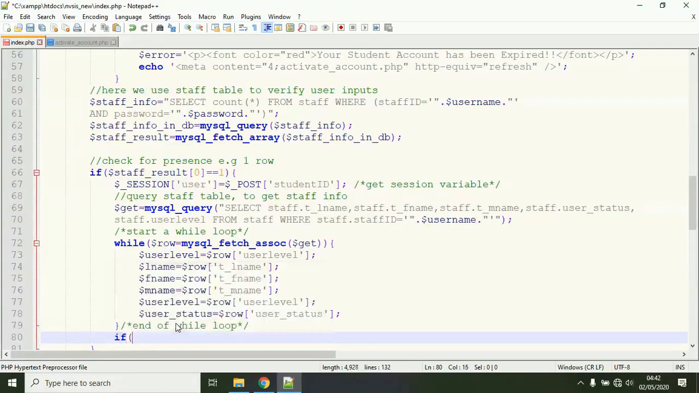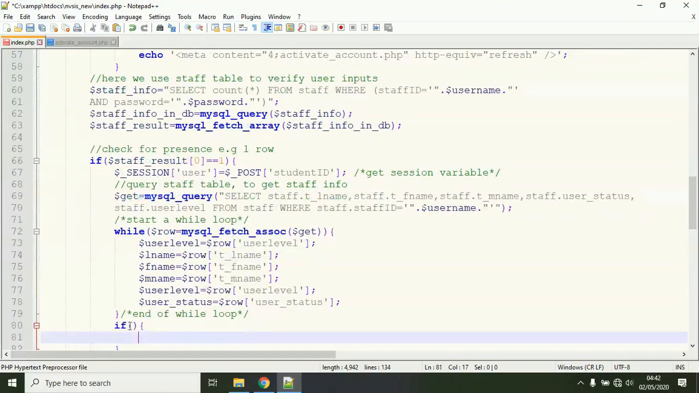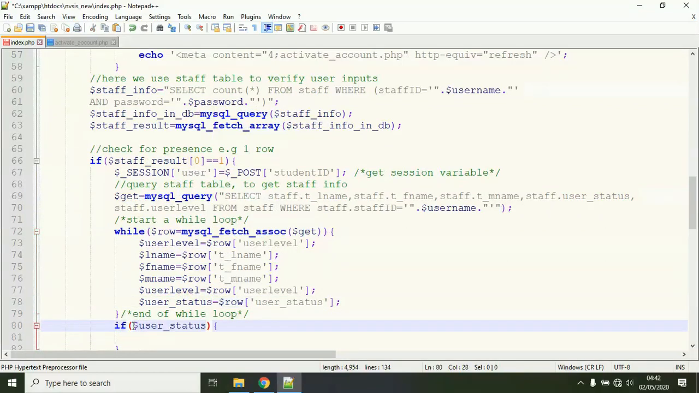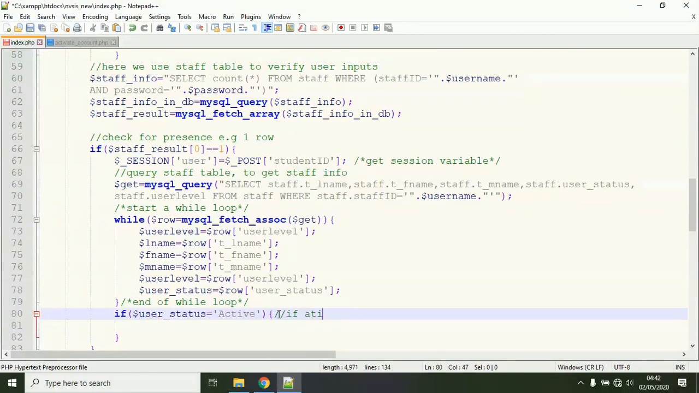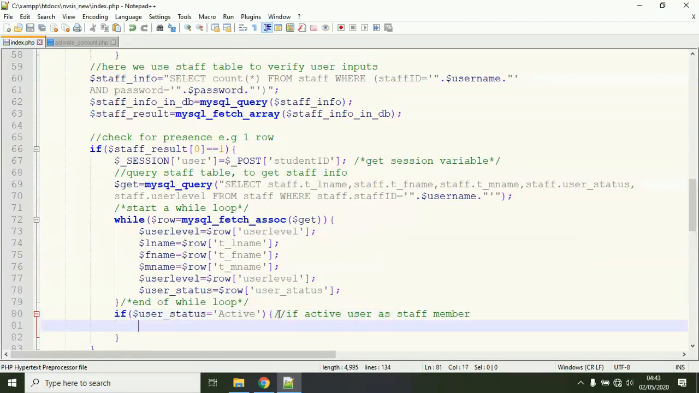Now we test if the user is active. We say if this $user_status here, if $user_status is equal to active. Now if it is equal to active, then we do the following. Comment here: if active, user is staff member. Then inside it